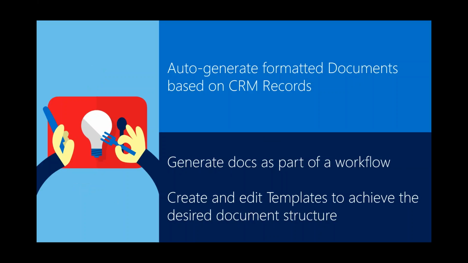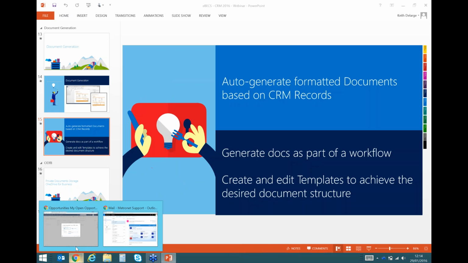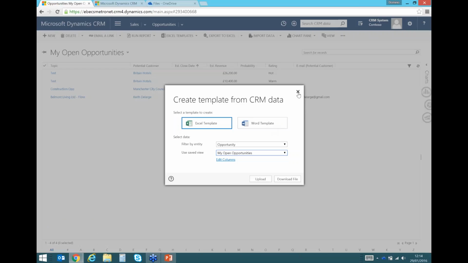That process can also be called from the workflow. So if, for example, when you close an opportunity or create a quotation, you need to generate some sort of contractual document or a proposal, then you can add templates in CRM and have that CRM information automatically copied into the Word template. Just to give you a quick overview of that, if I hop back into my demo environment,